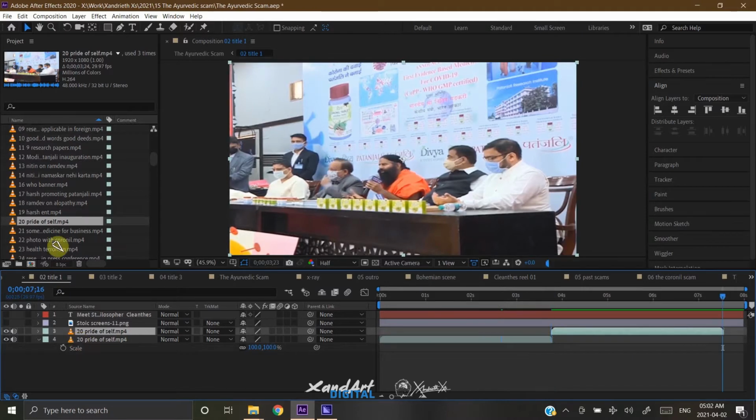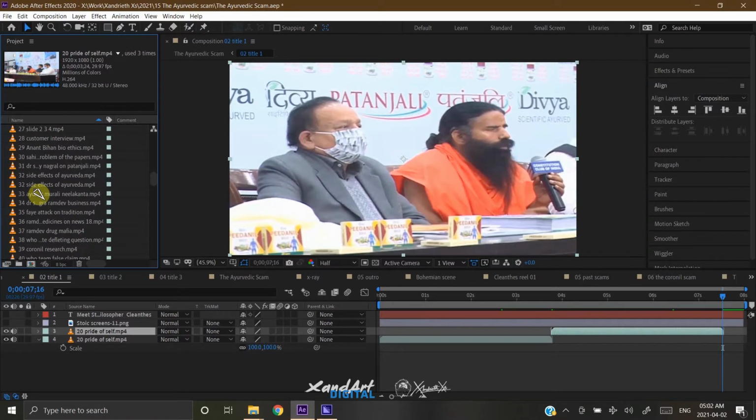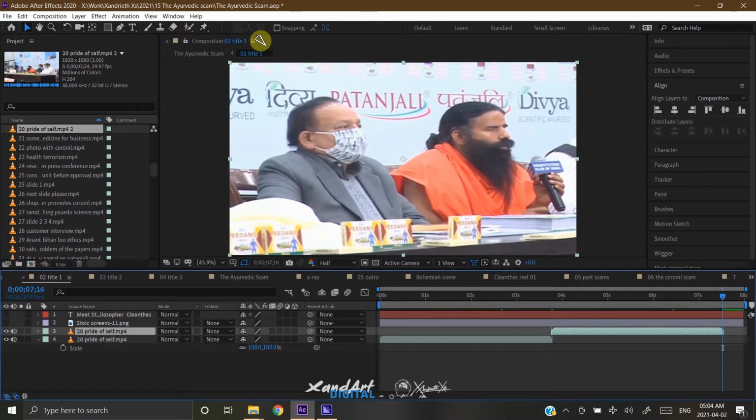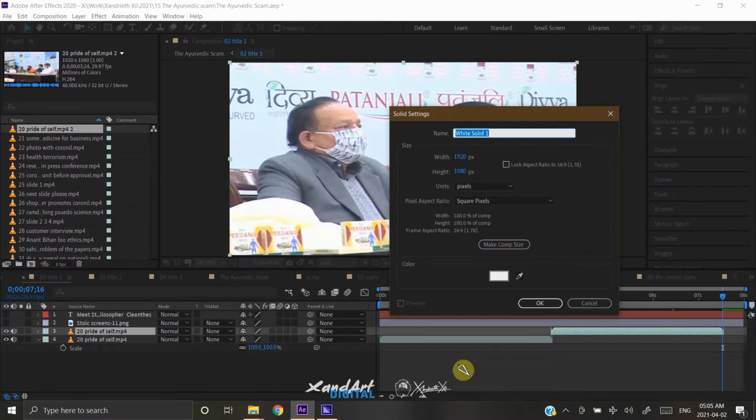With our composition ready, let us now select the video we will be using as the background, on which we will apply the duotone effect. And with that done, let us move on to the next step, which is creating two solid layers. The shortcut for creating a solid layer is Ctrl plus Y in Windows or Command plus Y in Mac, and the menu path is go to Layer, New, and you will get the option to create a solid layer.